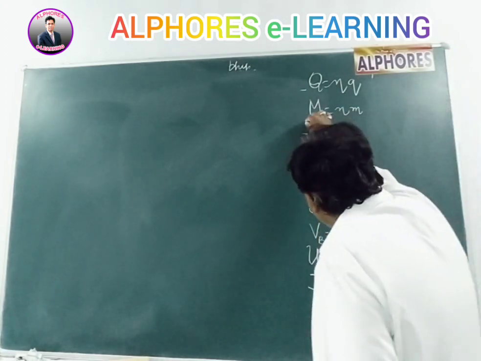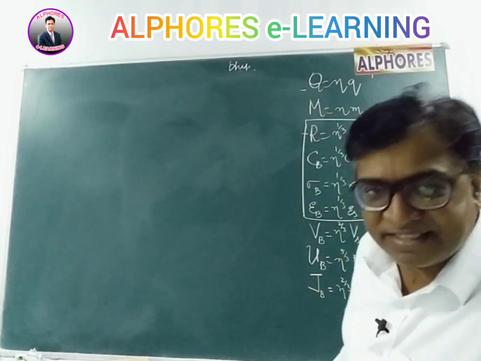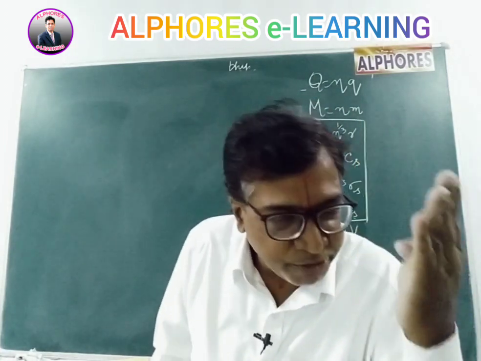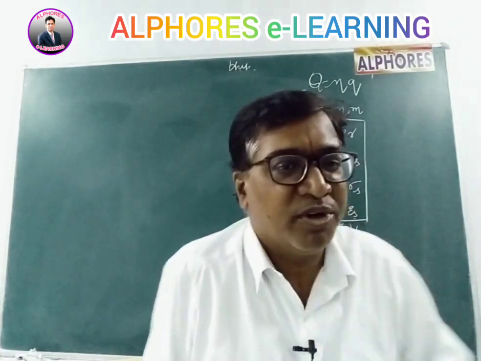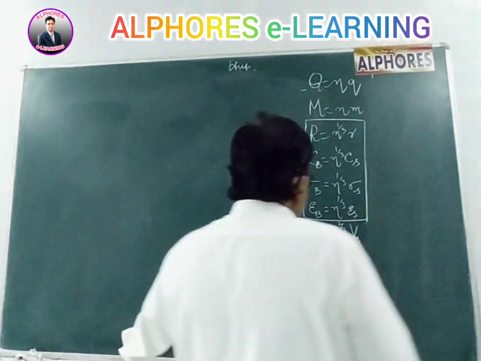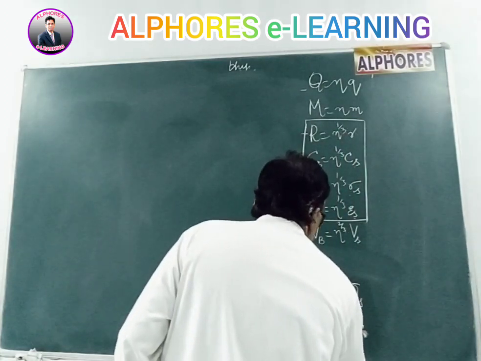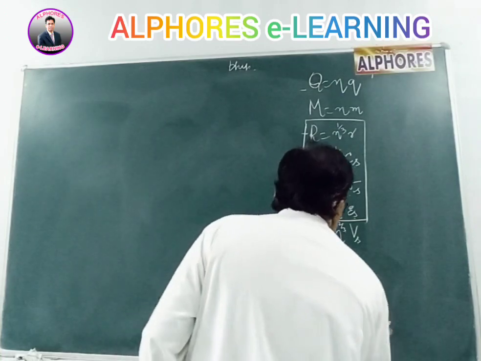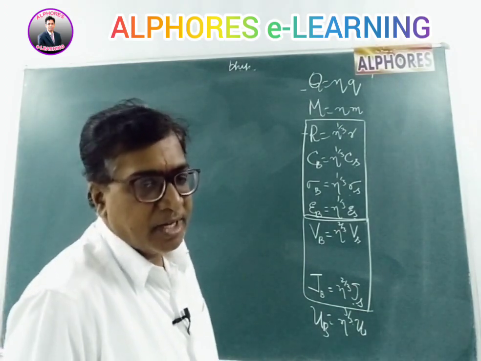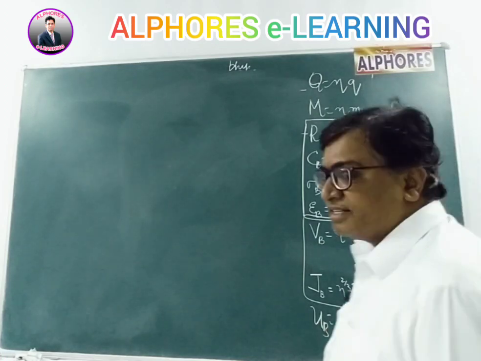This is also important. You see these four things: radius, capacity, surface charge density, electric field strength. These four things, the value of the bigger one is n power 1 by 3 times the value of the smaller one. Well, coming to this one, I shall write this energy aside. So energy big is n power 5 by 3 energy small. Both potential and energy density are the same, n power 2 by 3. N power 2 by 3 potential and energy density. And the energy is n power 5 by 3 times the energy small.